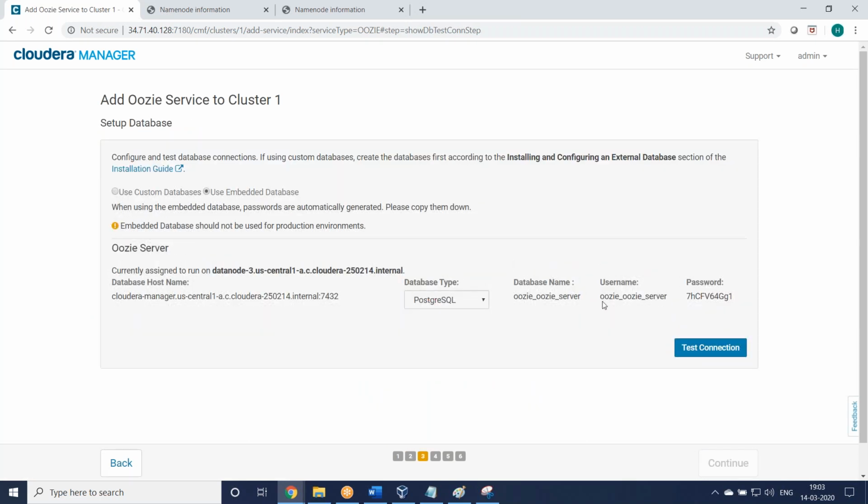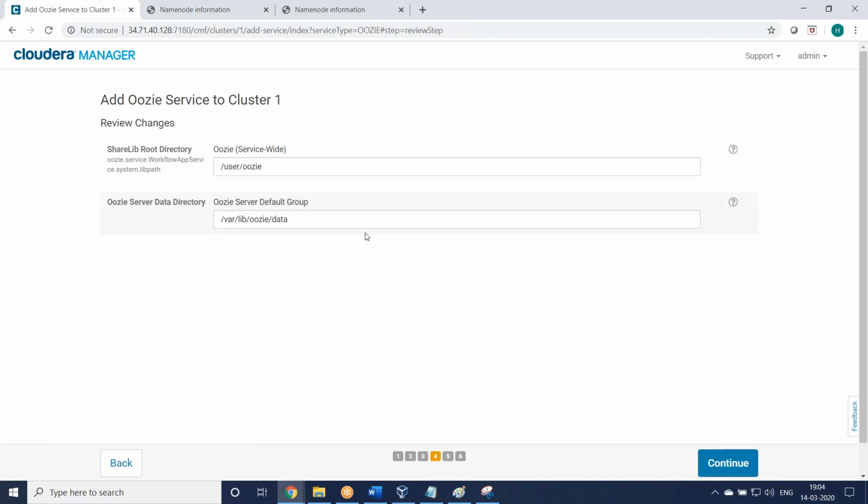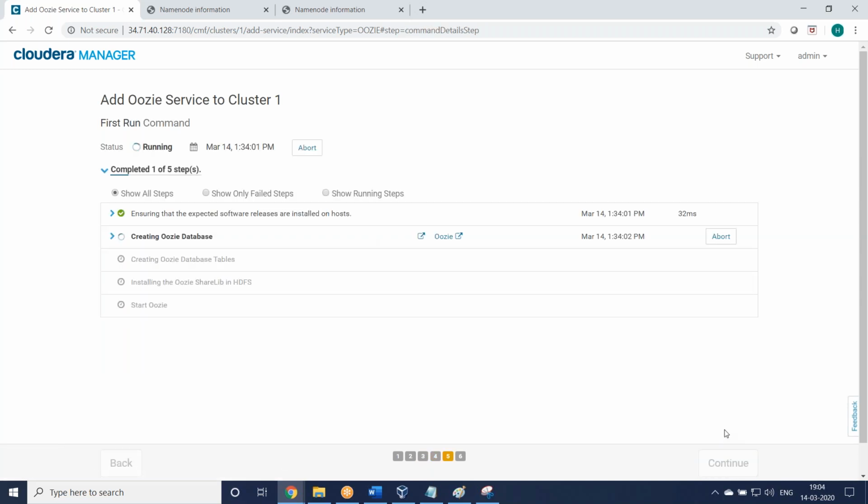So this is the Oozie username, password, test connection, success, continue. Default database, right? So creating Oozie database tables, default database.